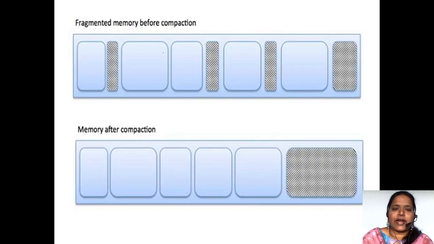See here, a fragmented memory. Here one space is left, suppose here 2 KB, here 5 KB, here 1 KB, here 2 KB. So 2, 3, 5 plus 5, totally 10 KB of space is left over. If a process P1 comes with 10 KB, should I accommodate this process P1 in these leftover spaces? No. Why? Because they are not contiguous.